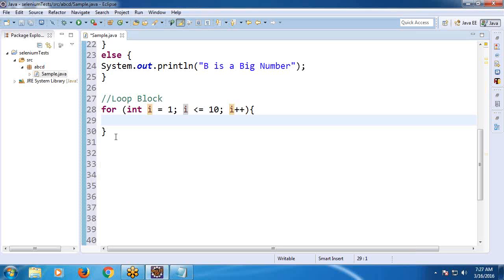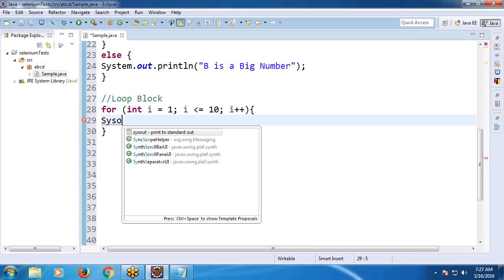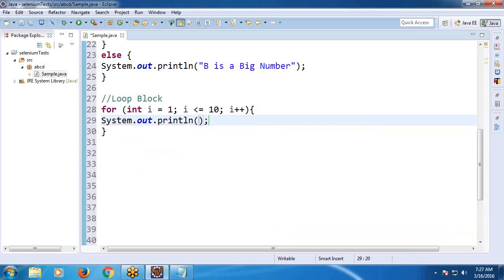Smita? Yes, sir. I want to display 1 to 10 numbers. Already condition, increment over. Just tell me the statement. Display statement. System.out.println, sir. Yes, just i. Only once. Okay. Next,